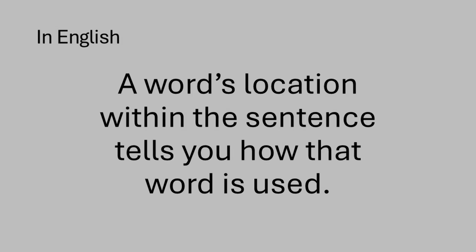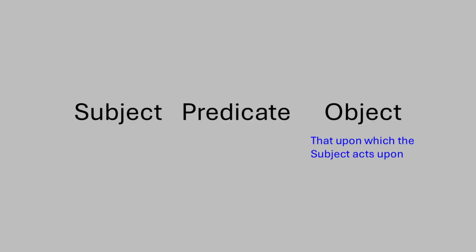Now, in English, how a word is used in a sentence is identified by its location in the sentence. Word order in English is crucial. You can't really change the words around. You have the subject, you have the predicate, which is the action, and then you have the direct object,